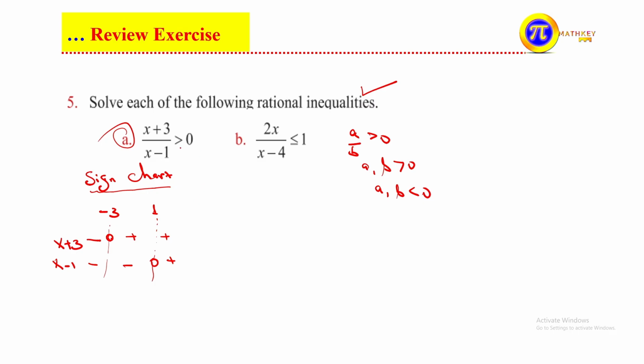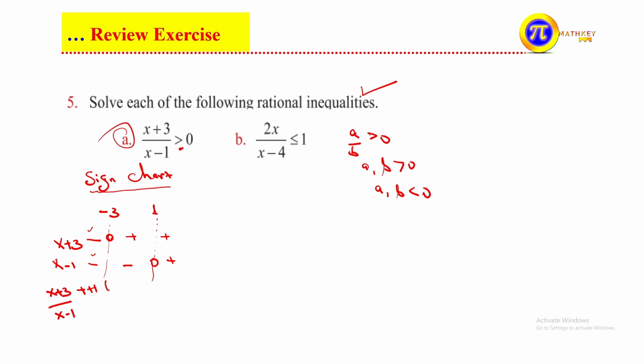After that it shows that it is greater than ስለሚል take the ratio of them እነዚህን ሬሽዮ እንወስዳለን። That means x plus 3 divided by x minus 1 at the left of -3 ምን አለን? ይሄኛውም ኔጌቲቭ ነው ይሄኛውም ኔጌቲቭ ነው። ኔጌቲቭ divided by ኔጌቲቭ ምን ይሆናል? It is positive ይሆናል። At -3 ላይ ኑሜሬተራችን 0 ይሆናል።